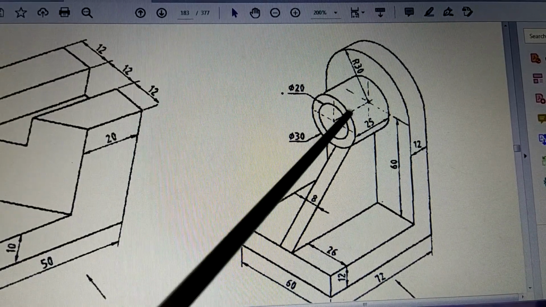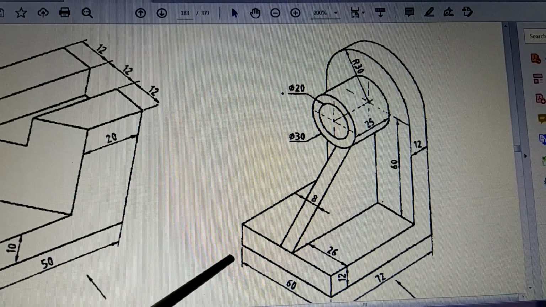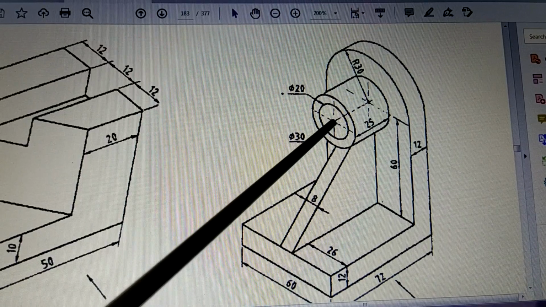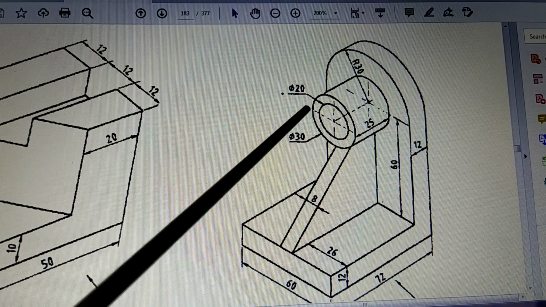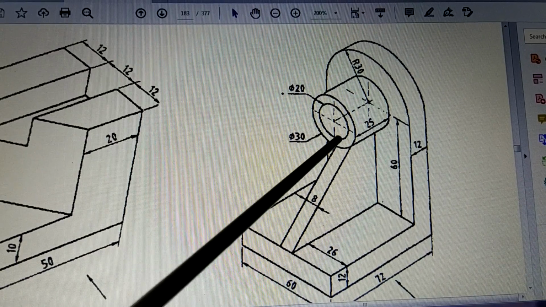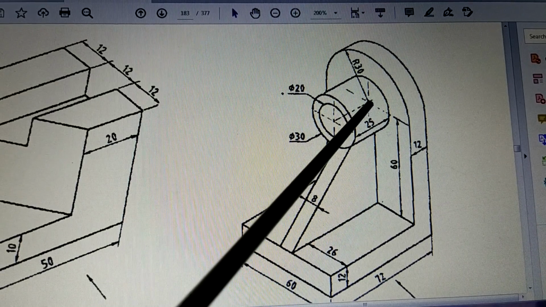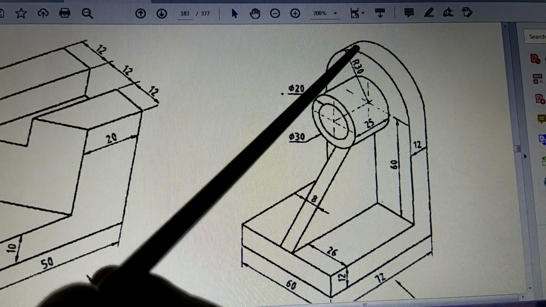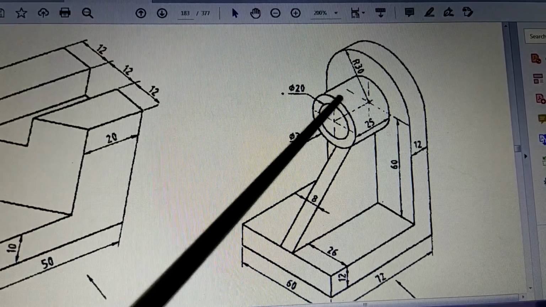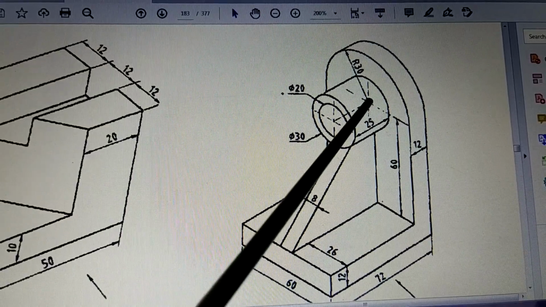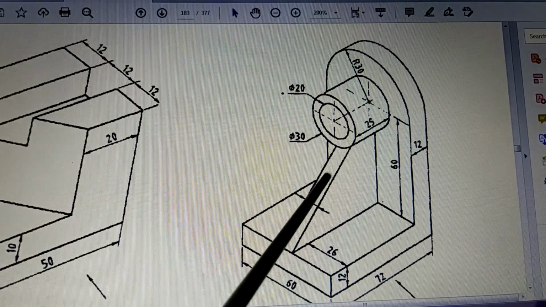Now what is remaining? Cylinder. If you look in this direction, the left hand side view, how will it be seen? It will be seen with a center here, then the diameter 20 here, and then one more diameter 30 here with the same center. So we have to draw two concentric circles with the same center. Even this semicircle is going to be concentric with this center. So from the same center there are two circles and one semicircle. These will come, and now what is left is this rib.